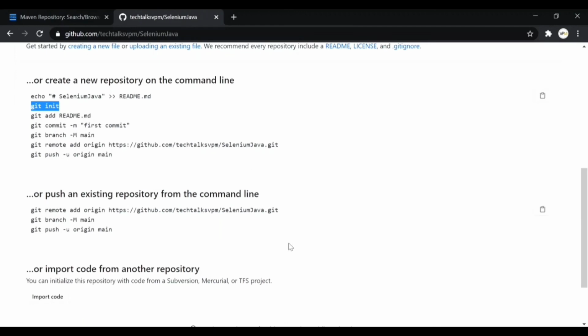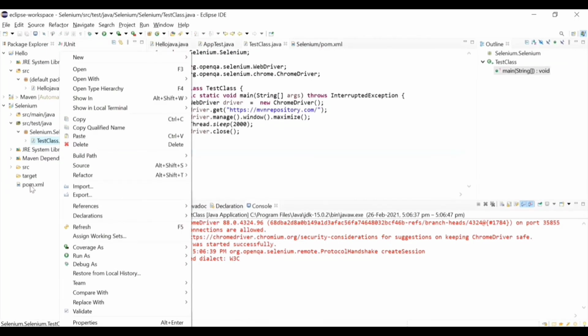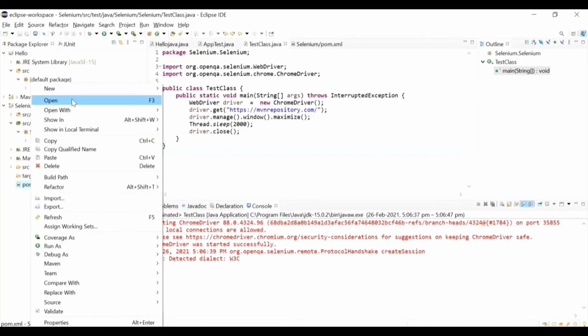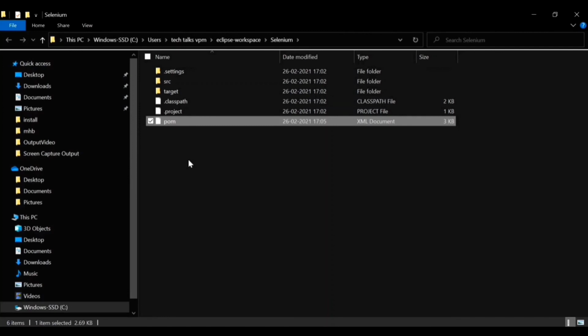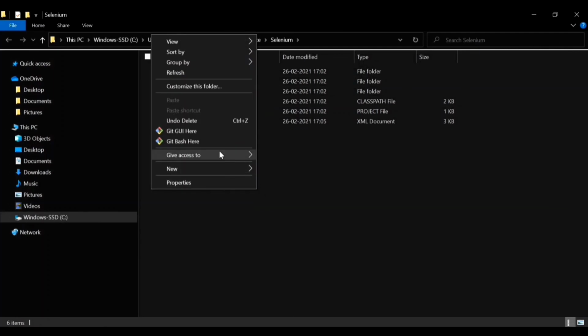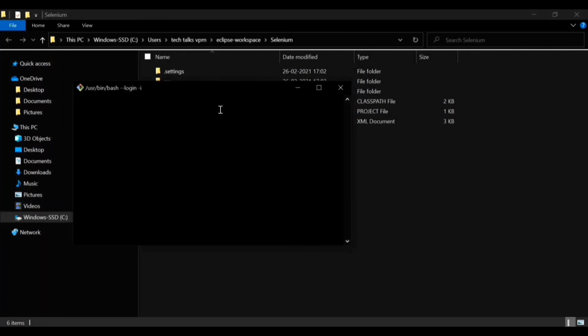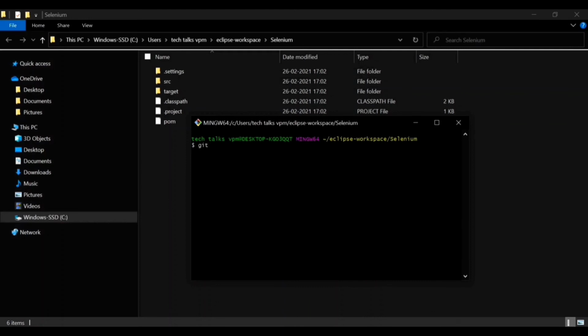For that, first you copy the git init command. Git init is to initiate your repository. Right now in your local system this Selenium is just a folder, it's not a Git repository, right? So to initialize it as a repository, you enter the command git init.